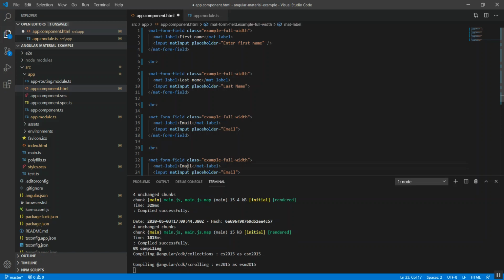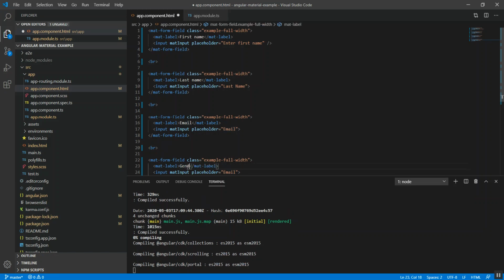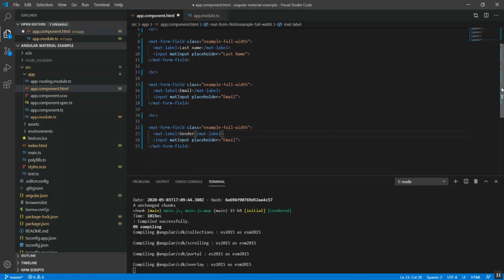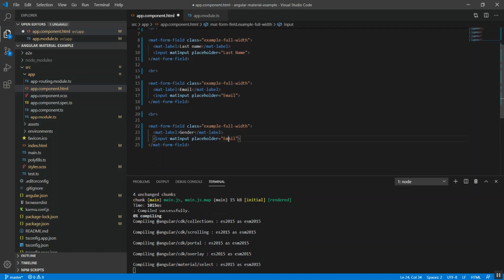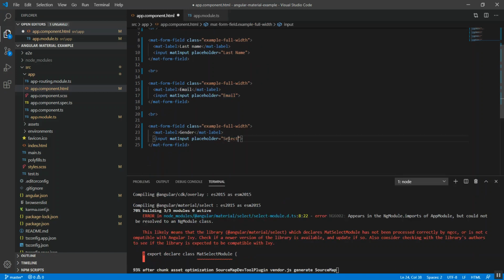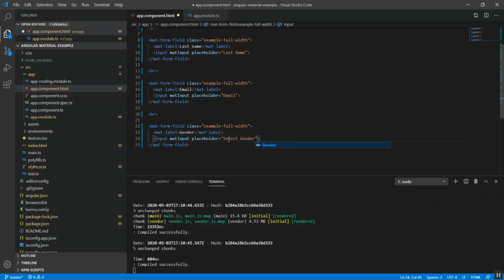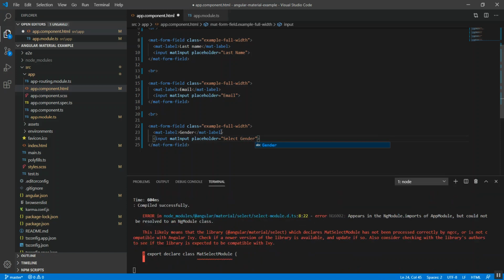Instead of email, we can have gender, placeholder, select. Mat input, mat select.